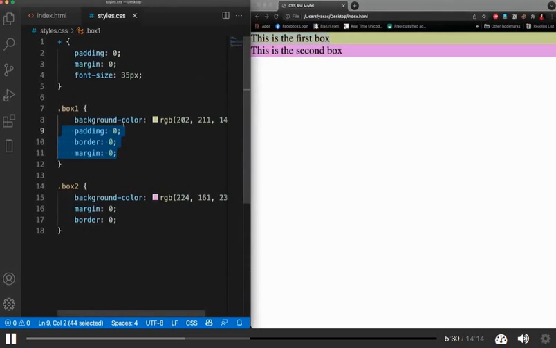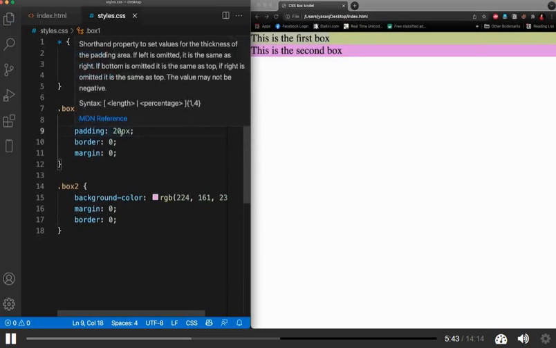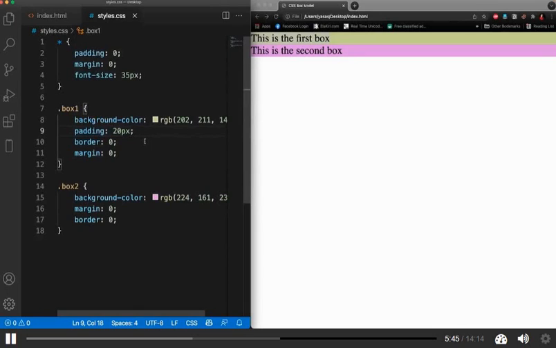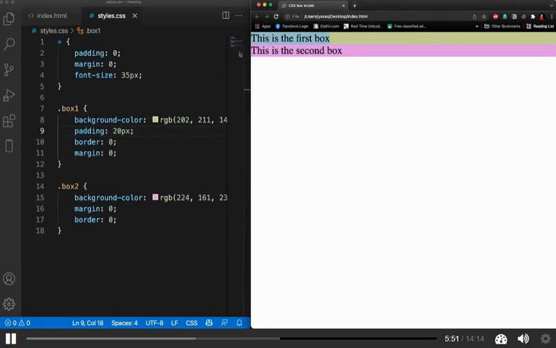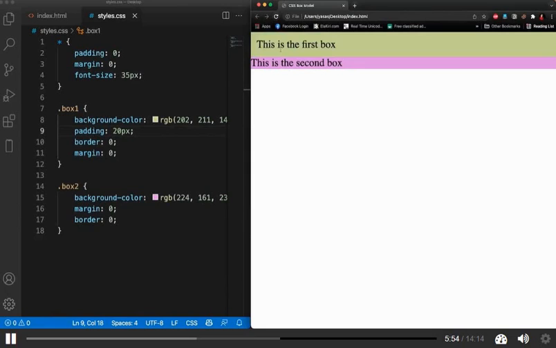If I'm going to apply some paddings, let's see what's going to happen. For the box 1 style, I'm going to add a padding of 20 pixels. Now padding means you are adding some space within your box model. Let me show what I mean. If I refresh my page, now you can see we have some spaces between our text and the margin of